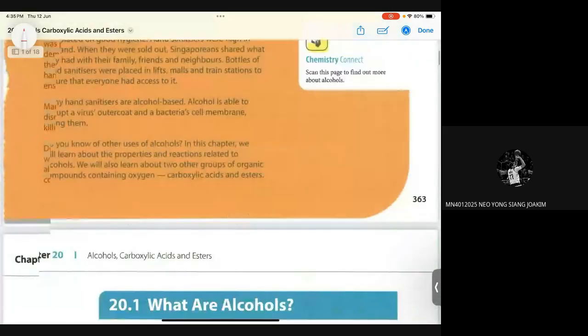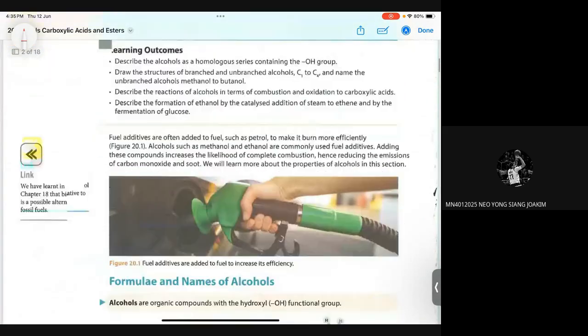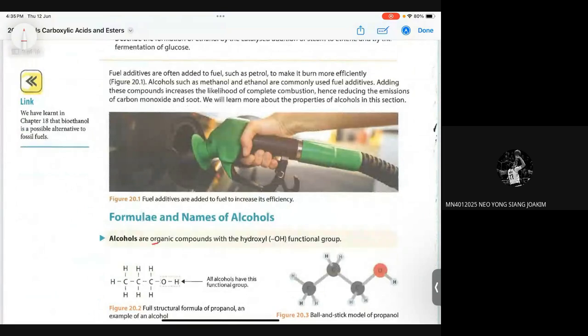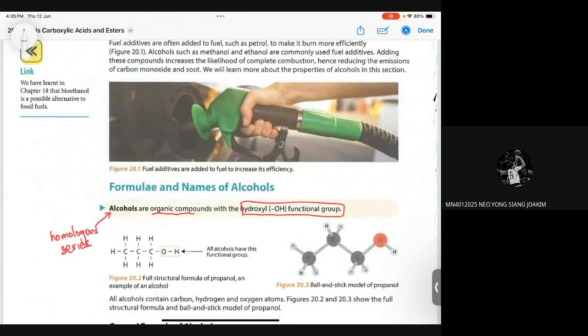Okay, so let's start. What exactly are alcohols? Alcohols are organic compounds with the hydroxyl functional group. Alcohols itself is a homologous series. You can see here this is propanol. This is the functional group over here, you just focus on the OH. All alcohols will contain carbon, hydrogen, and because there's an OH over there,